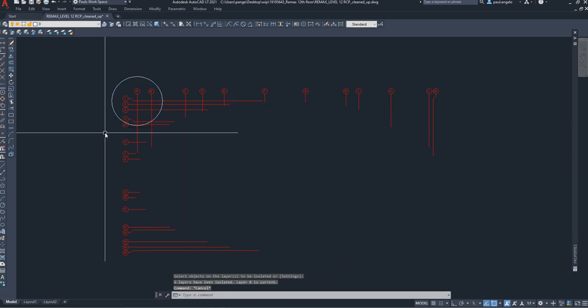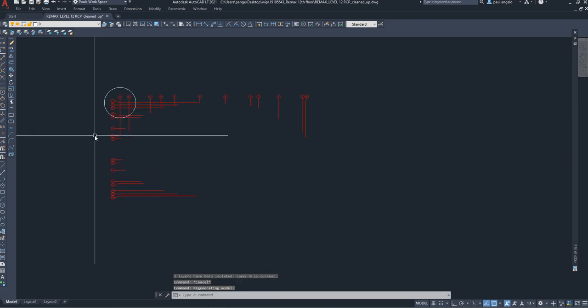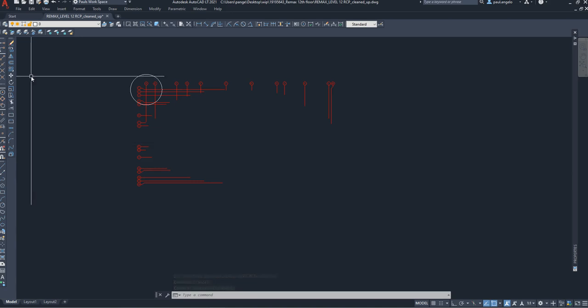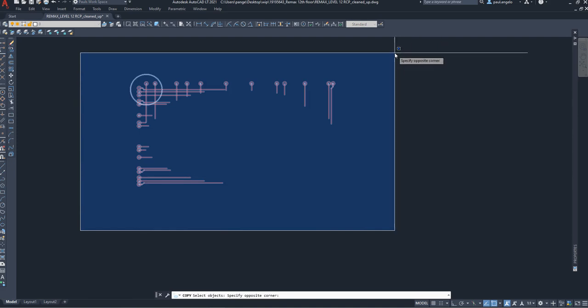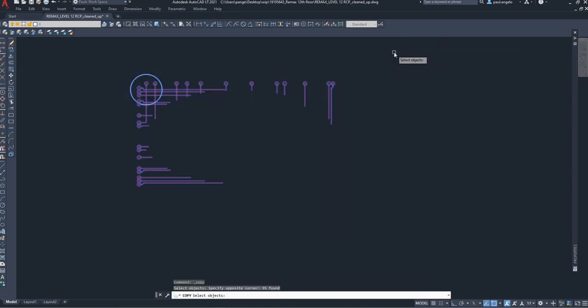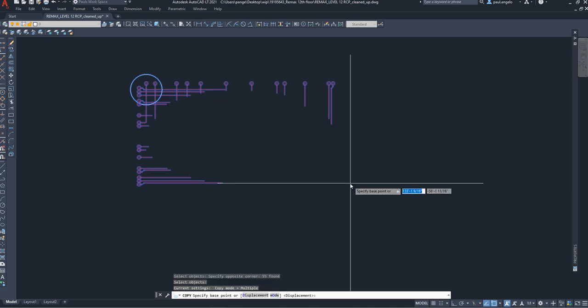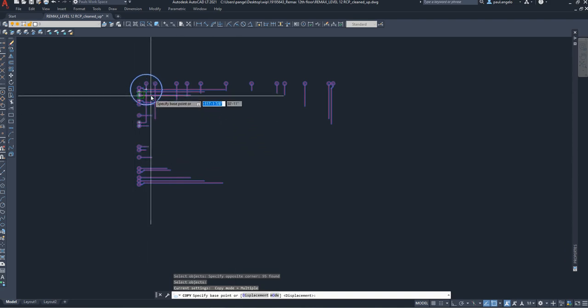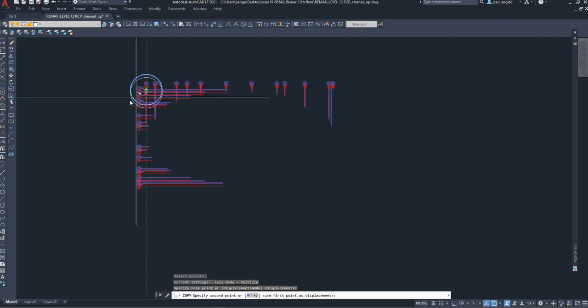Okay, so now that we have just the grid, I want to move this over to make a copy of it. So I'm going to now hit copy. I'm going to copy from the bottom left to the upper right, and then left click again, and see how it's still asking if you want to select. I'm done selecting, so I'm going to right click, and now it says specify a base point, where to move it from. Well, it doesn't really matter, but I'll go right back to the center of the circle, boom,